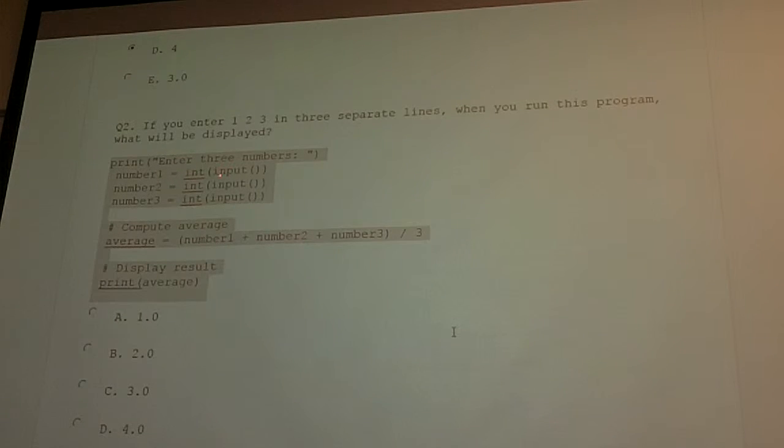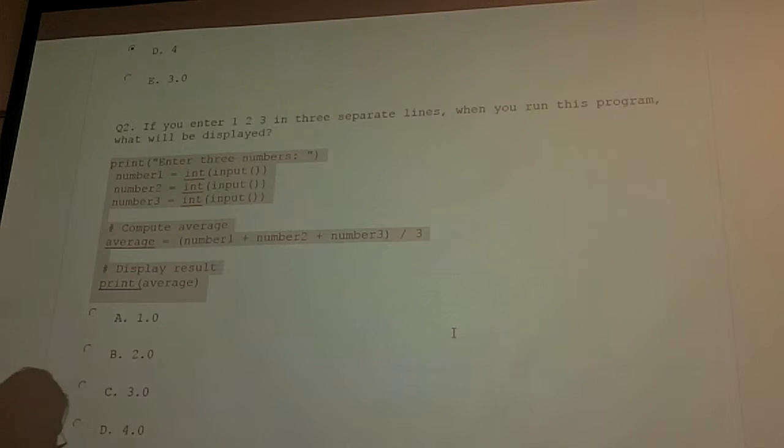And inside that pair of parentheses, we have as a value the input function. So let's not worry too much about that. The point here is we are looking at 2 functions here, the input function and the int function. What the int function does is it